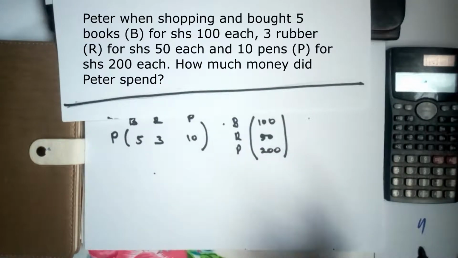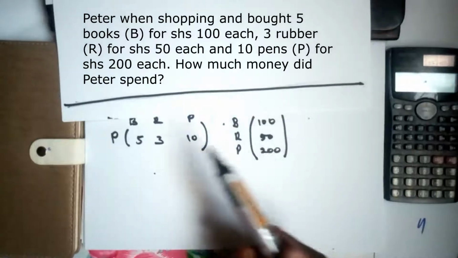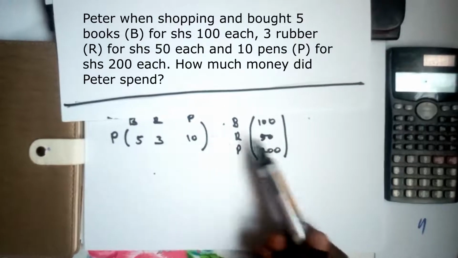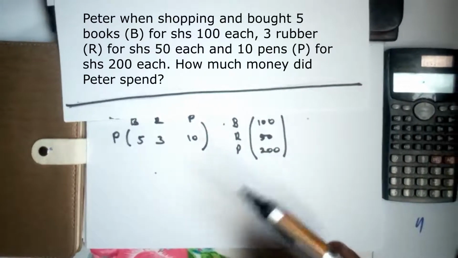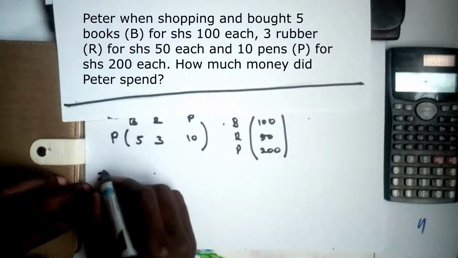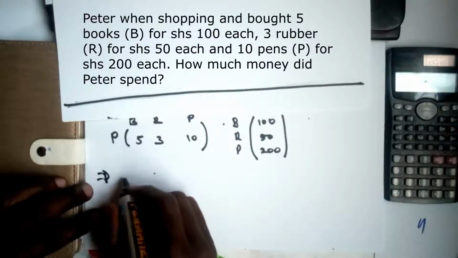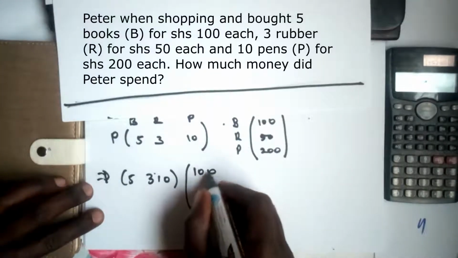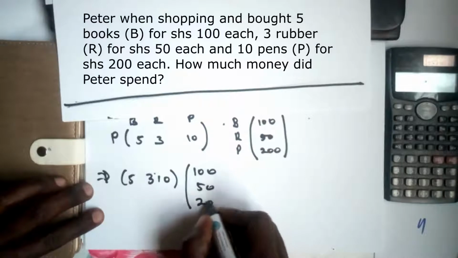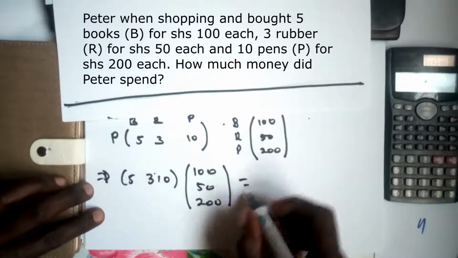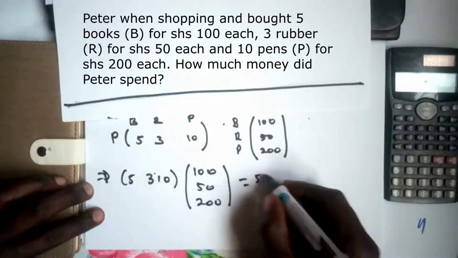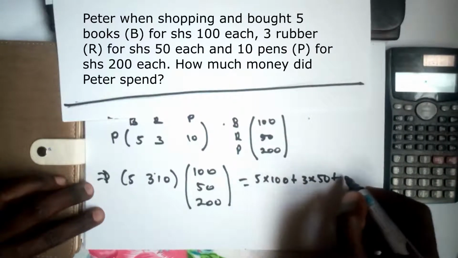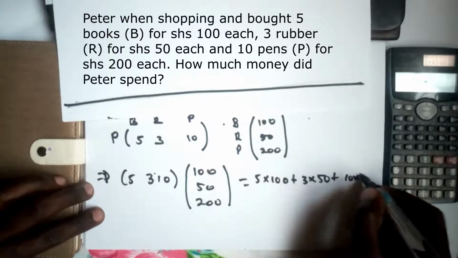It is very easy for us. So remember, here we are just going to multiply books with the cost for books, rulers with the cost for rulers, and pens with the cost for pens, and add. So it is just a matter of dealing with matrix multiplication. So we are going to have 5, 3, 10 multiplied by 100, 50, 200. Then row by column: 5 times 100 plus 3 times 50 plus 10 times 200,